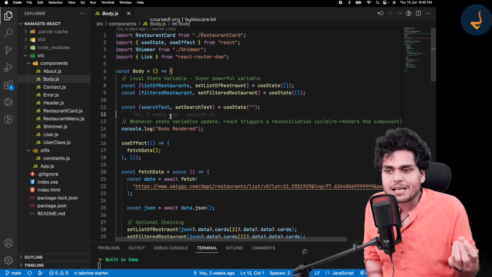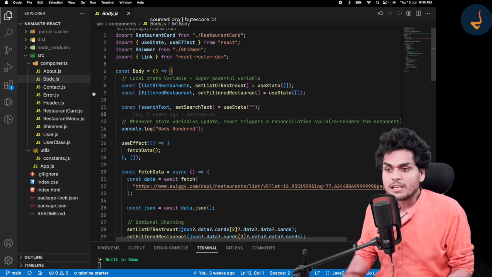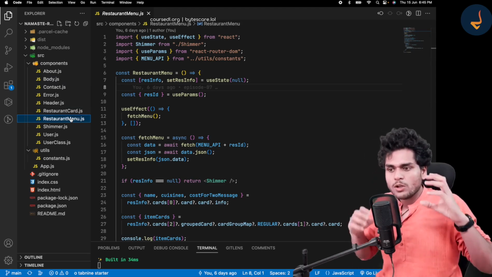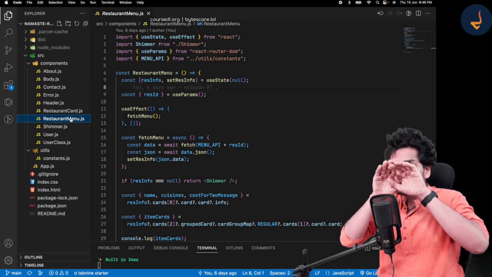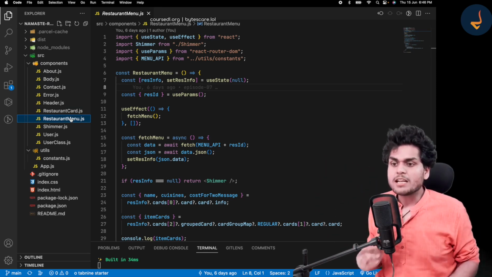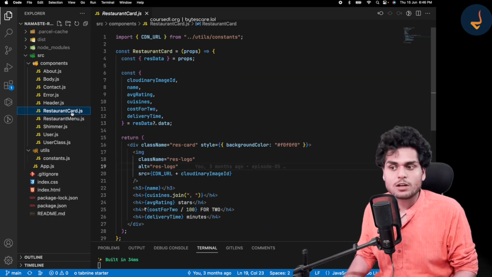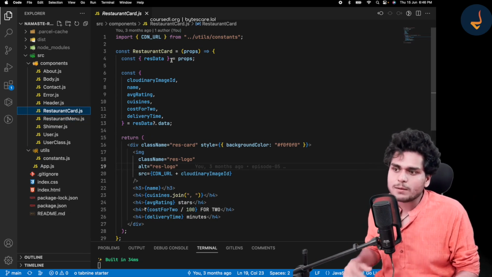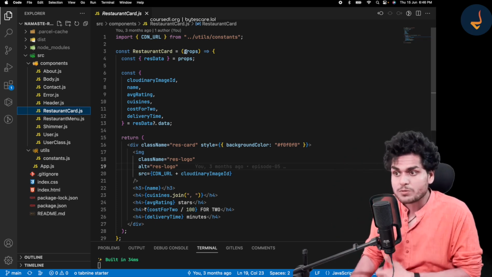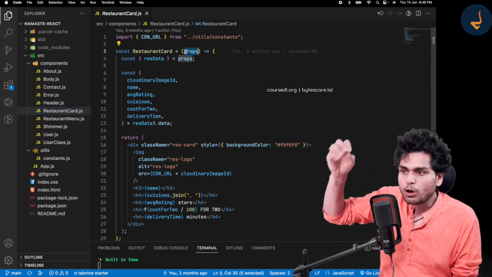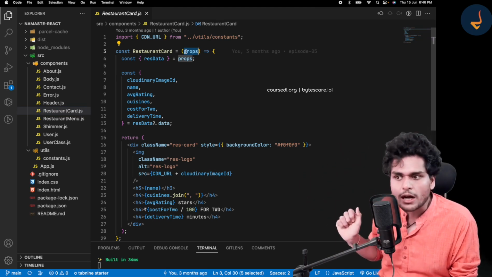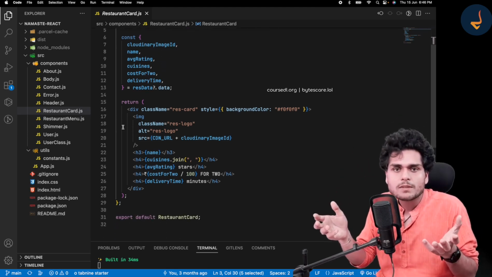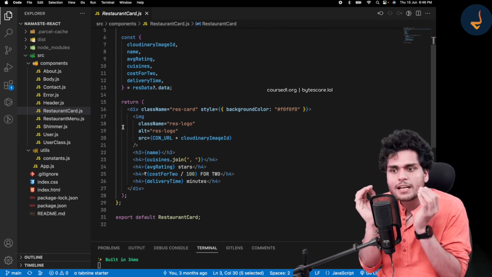Okay, so what do you mean by a single responsibility? Let me tell you that suppose we have this component restaurant menu. So the only job of restaurant menu should be displaying the restaurant menu. That's all, right? The single responsibility of restaurant card should be just displaying the restaurant card, right? So if you see over here, restaurant card got some piece of information from the parent as props, right? From the parent, we passed the props inside this restaurant card, and what this restaurant card did, it just showed the restaurant card on the web page. Right? So this restaurant card has a single responsibility.